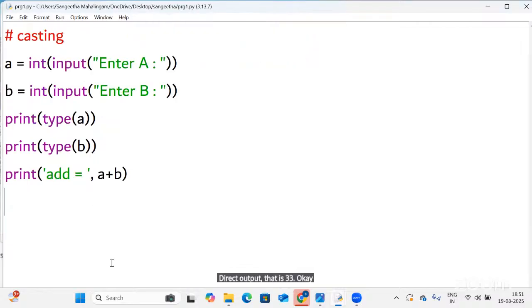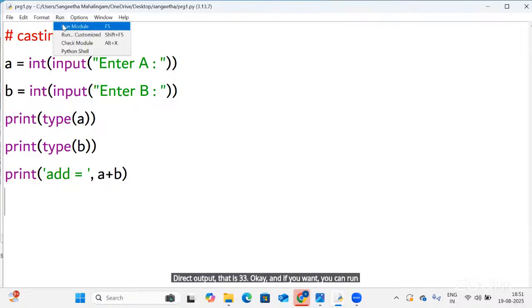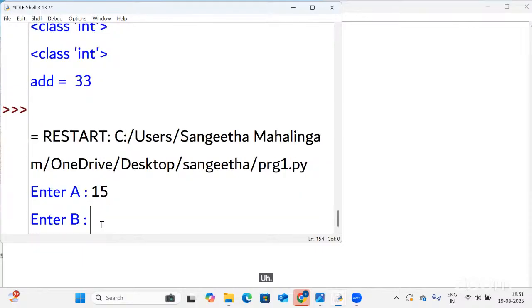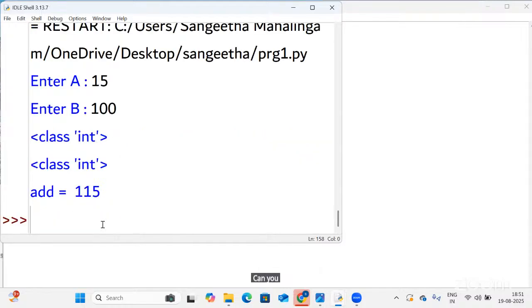And if you want, you can run it again. I'm giving 50 and 100. Can you see? It is 150.